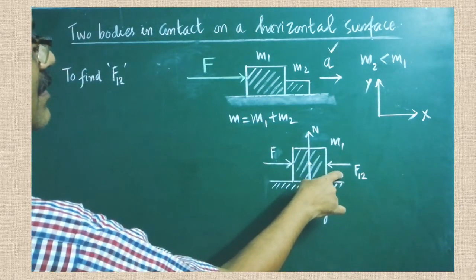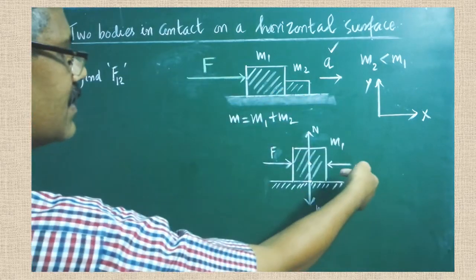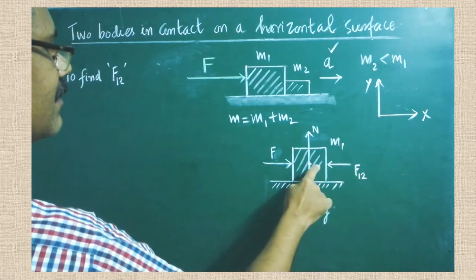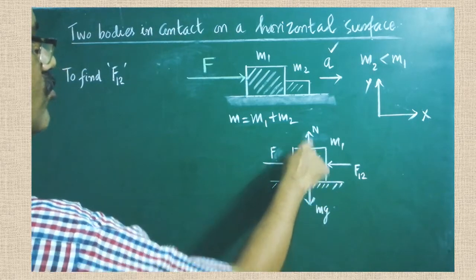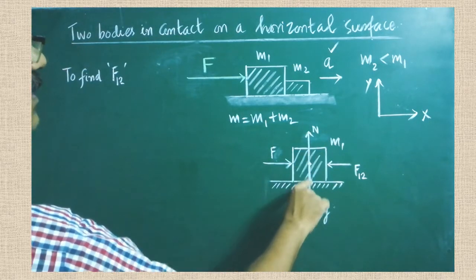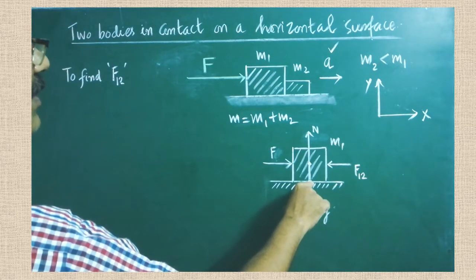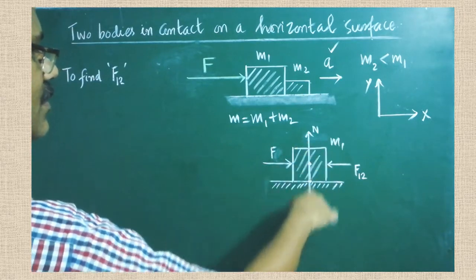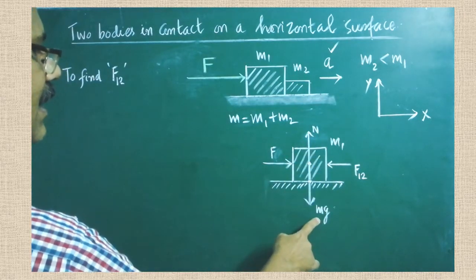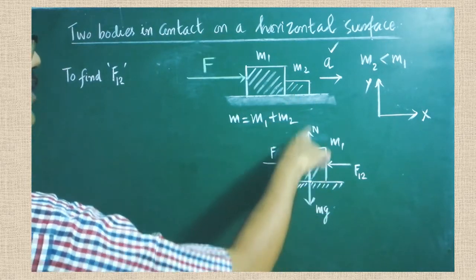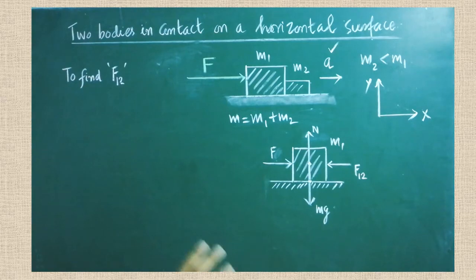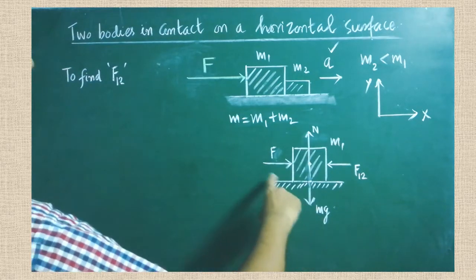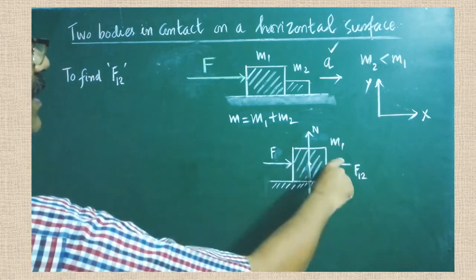That I have not drawn. As soon as the force is applied, this mass will apply an opposing force. That is called F12. What is F12? Force acting on the first mass due to the second mass. Here two more forces are also acting. What are they? This is the normal force at the point of contact between the surface and the mass. There is a normal perpendicular force acting, and gravitational force is also acting. Since the normal and gravitational forces are equal and opposite, they cancel each other. That you have to understand. Are you clear? So there is no net force along the y direction. We have to bother only about the net force along the x direction.